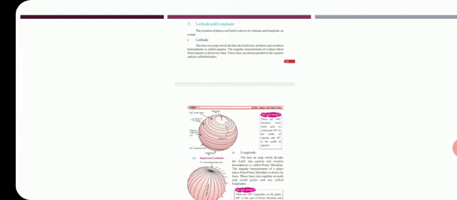The location of a place on the map is found with the help of latitude and longitude, as I told you, if you want to find the exact location. Places with north latitude are searched in the northern hemisphere, and places with south latitude are searched in the southern hemisphere. Similarly, places with east longitude are searched east of the prime meridian, and places with west longitude are searched west of the prime meridian.